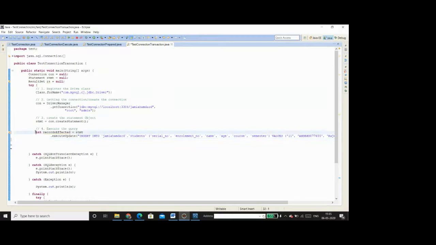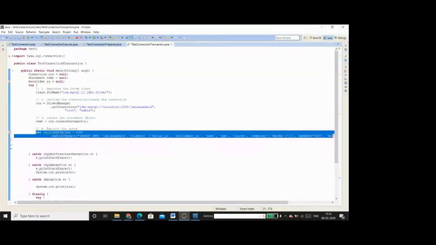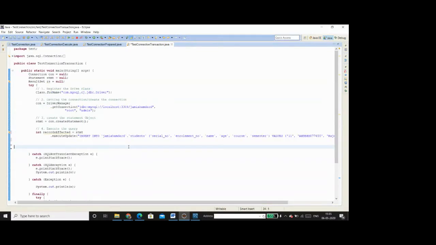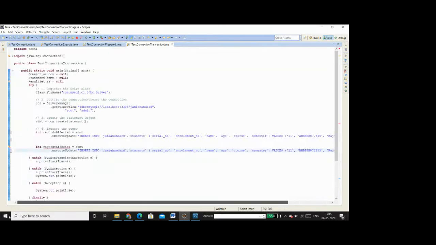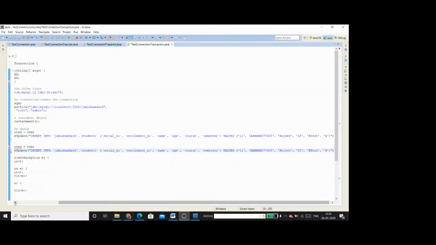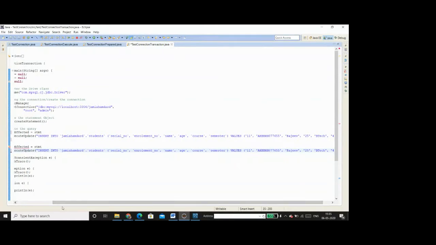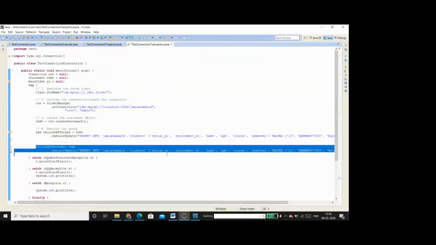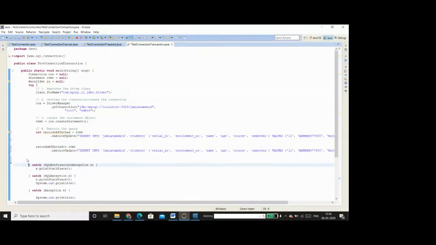Now what I am going to do is that I am going to duplicate this query a number of times, say for example thrice.